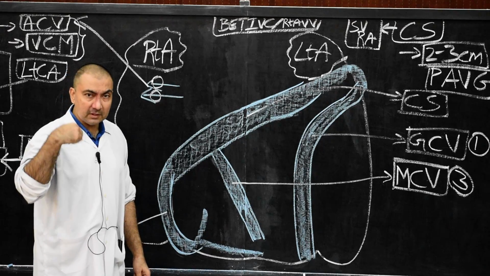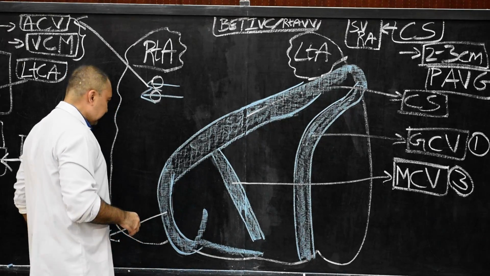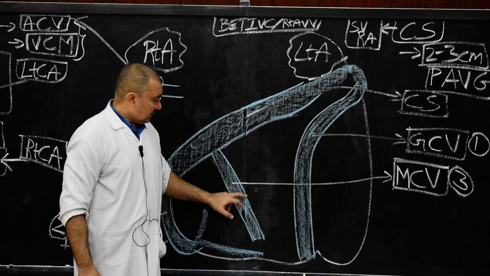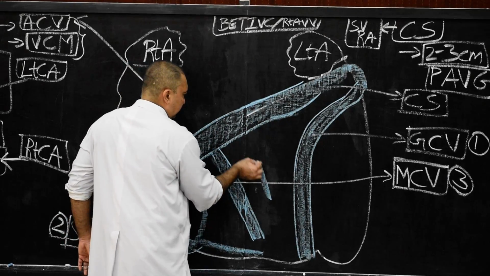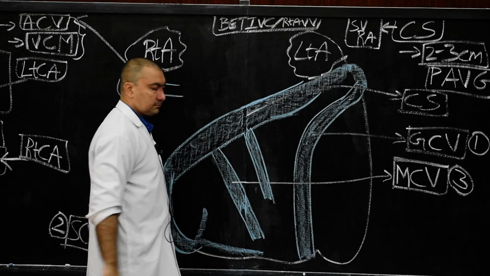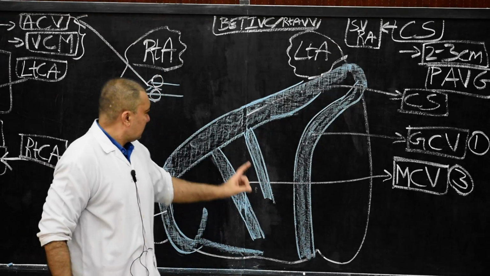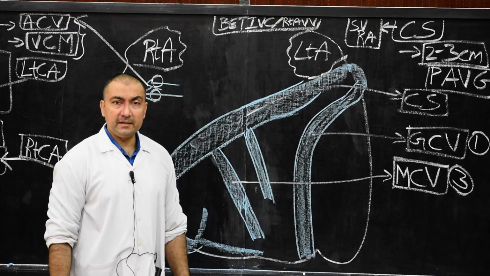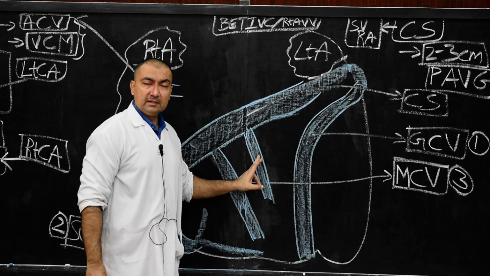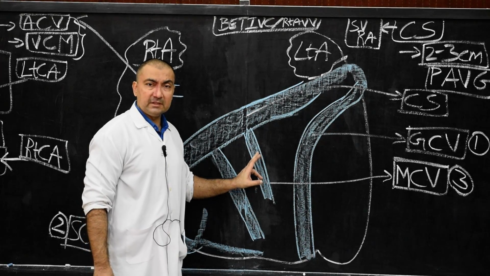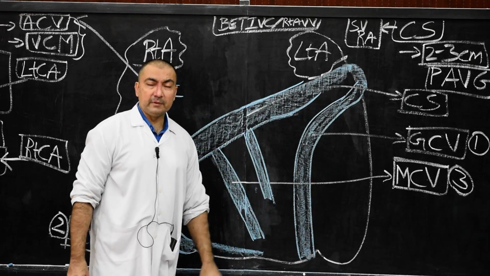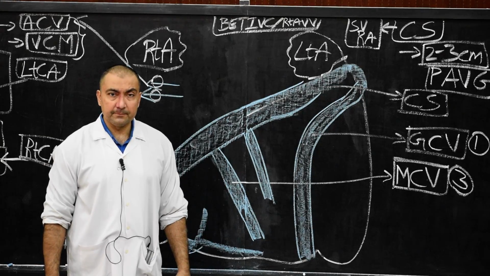Three major tributaries. Now another two tributaries I'm going to draw. One will be on the left side of the middle cardiac vein, and that tributary I draw simply, and this will be known as the posterior ventricular vein. This tributary receives from the posterior ventricular surface of the left ventricle. So therefore this will be known as the posterior ventricular vein.